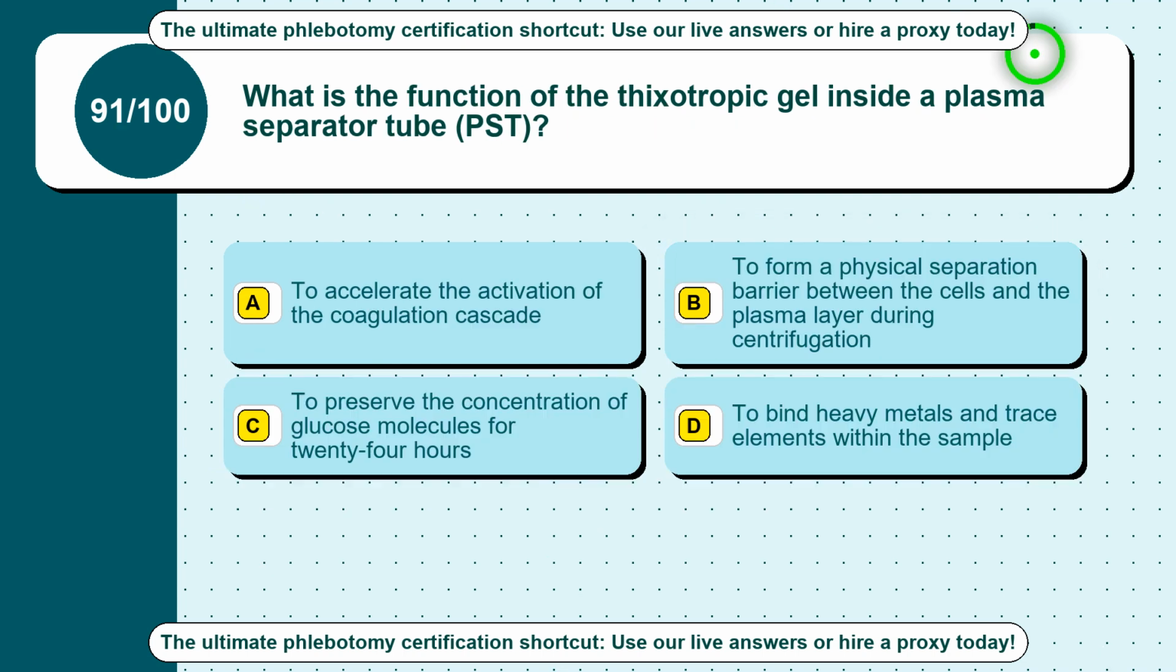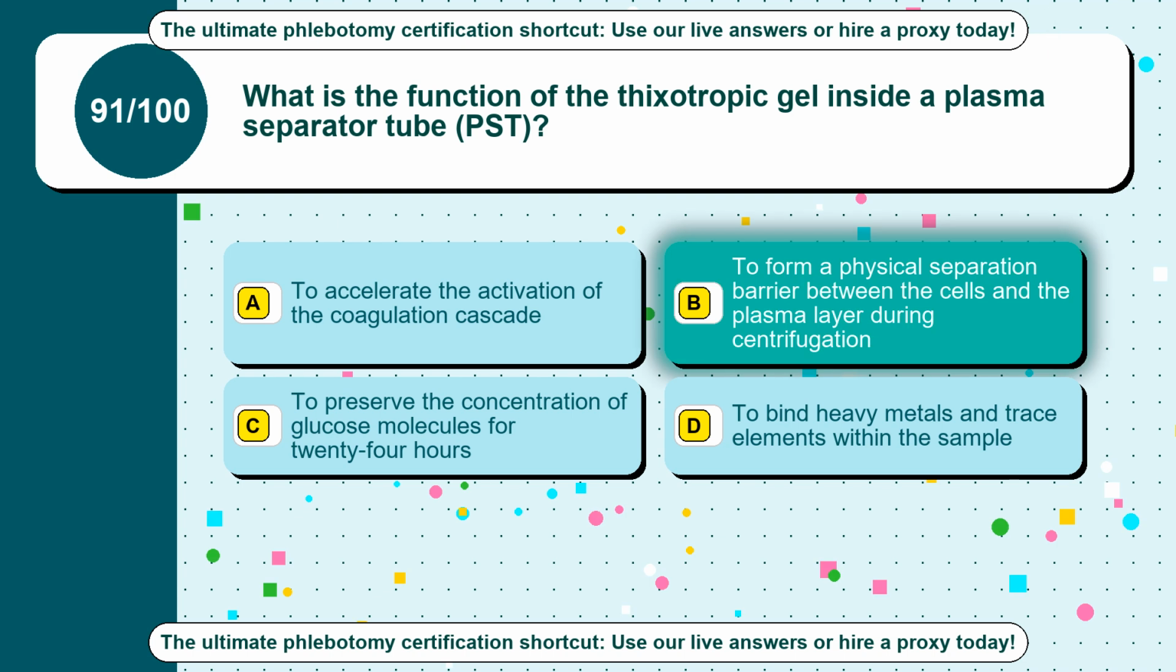Question 91. What is the function of the thixotropic gel inside a plasma separator tube, PST? Option A, to accelerate the activation of the coagulation cascade. Option B, to form a physical separation barrier between the cells and the plasma layer during centrifugation. Option C, to preserve the concentration of glucose molecules for 24 hours. Option D, to bind heavy metals and trace elements within the sample. The correct answer is option B, to form a physical separation barrier between the cells and the plasma layer during